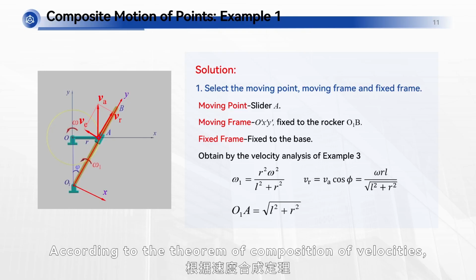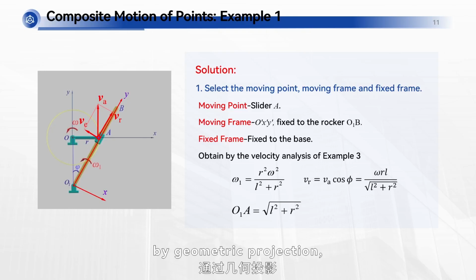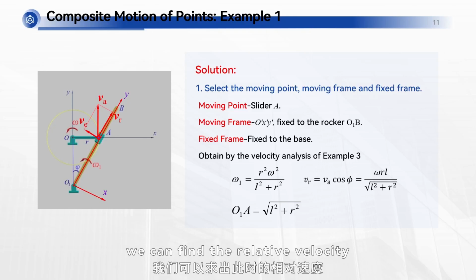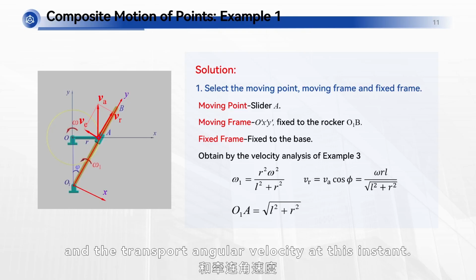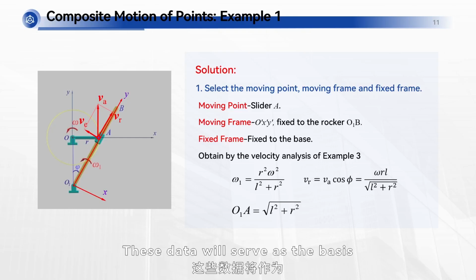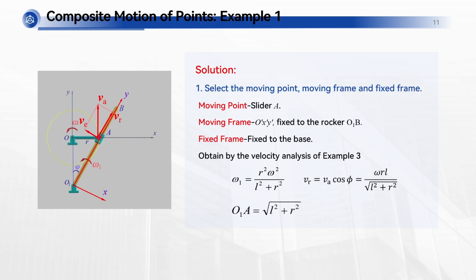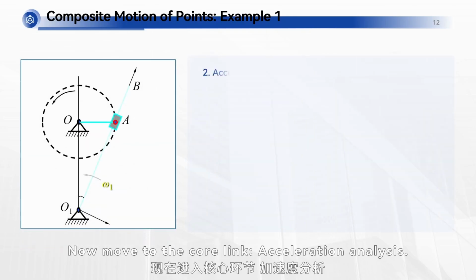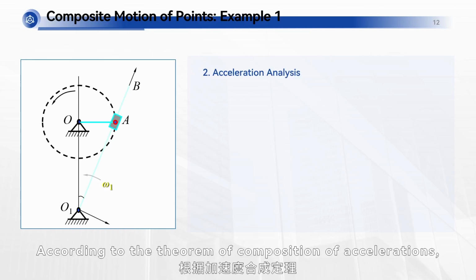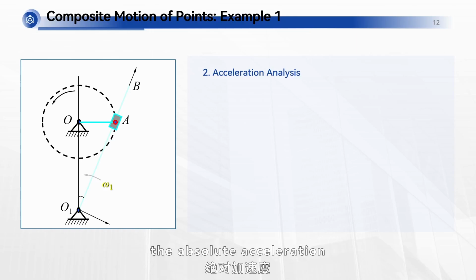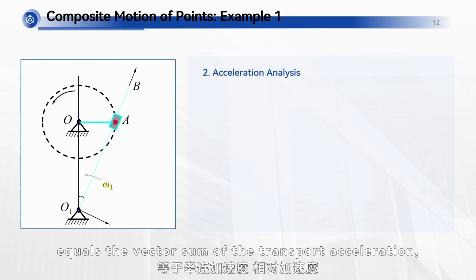According to the theorem of composition of velocities, by geometric projection, we can find the relative velocity and the transport angular velocity at this instant. These data will serve as the basis for the next step in calculating the acceleration. Now move to the core link. Acceleration analysis. According to the theorem of composition of accelerations, the absolute acceleration equals the vector sum of the transport